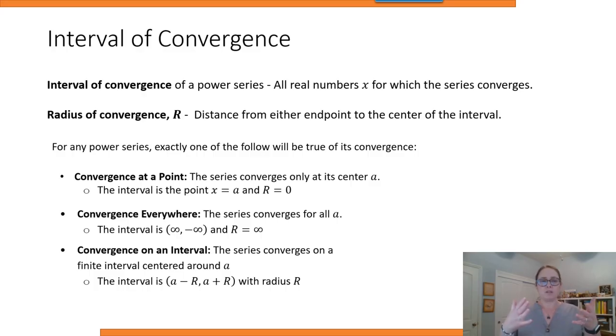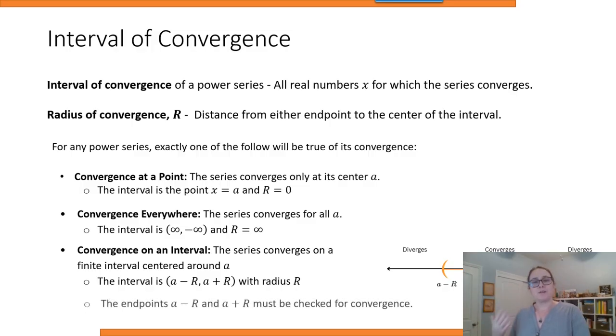And so then the interval will be centered at A, and the endpoints would be R to the right and R to the left to give me my interval of convergence. So visually, it looks something like this, where I have a number line, and my interval is where it converges, and the center of that interval will always be A, and then everything outside of that interval is where it diverges. Now, the thing we've got to be careful with that makes this last option the longer problem to solve is that